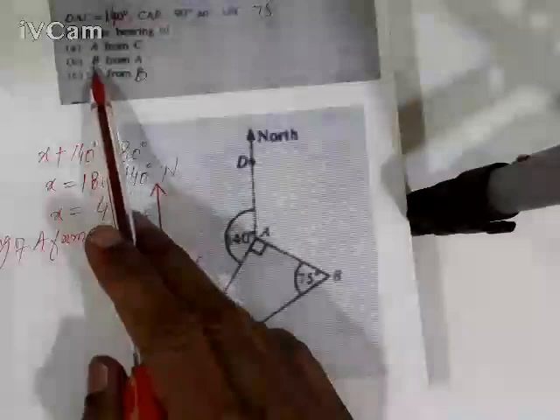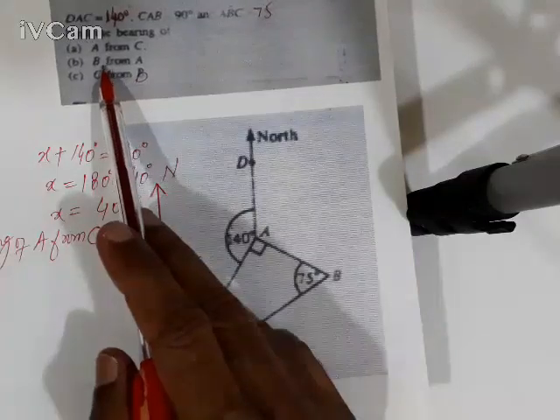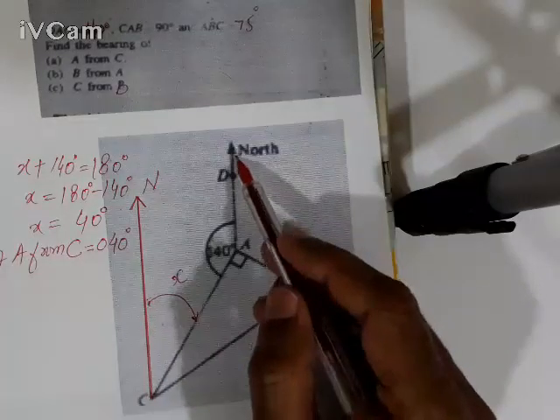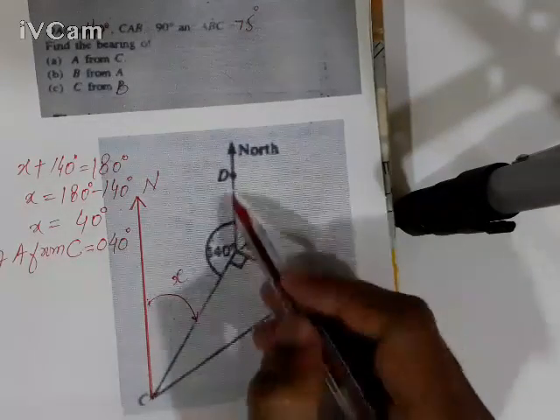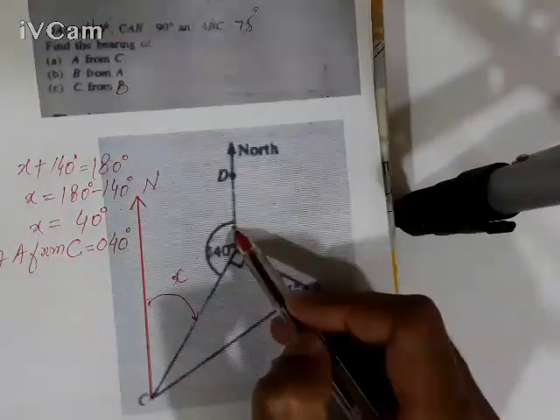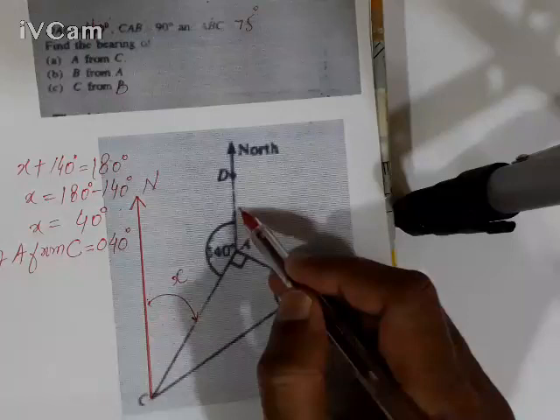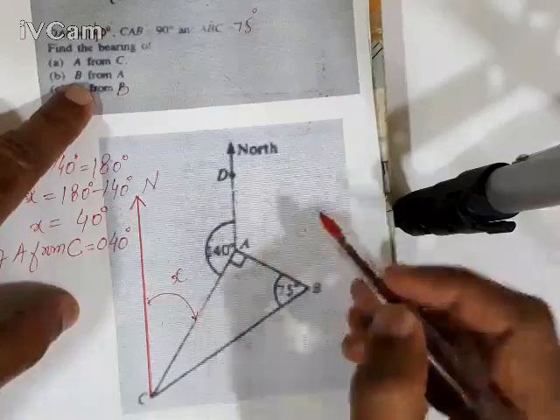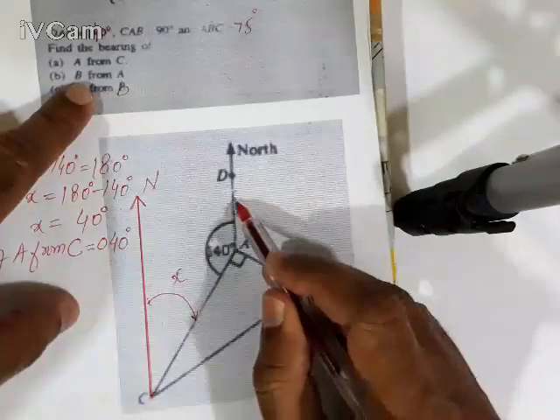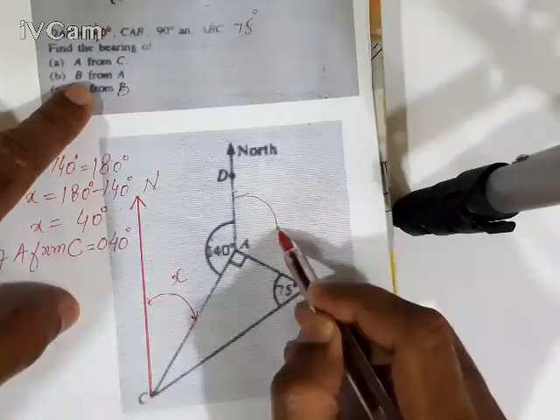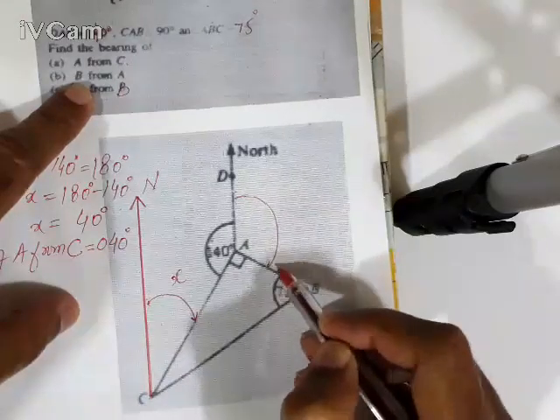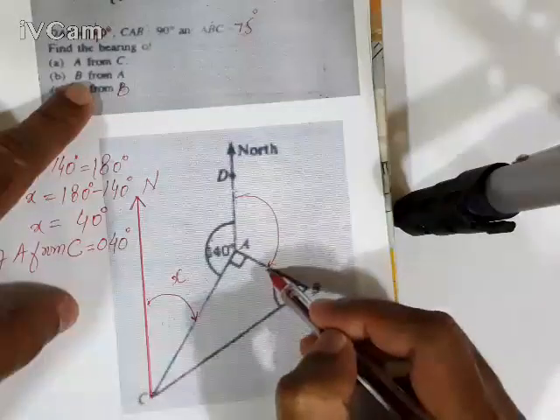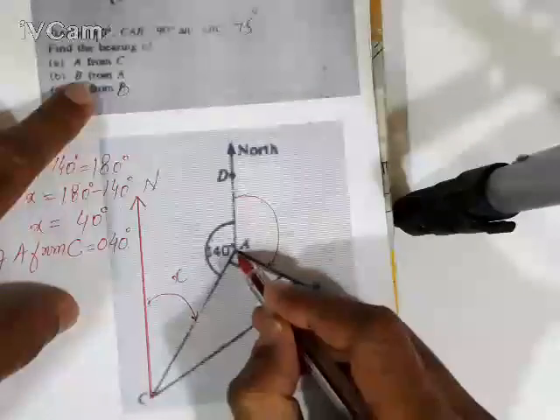So next we have to calculate the bearing of B from A. Now from A we have already shown that from point A there is a north direction. So you can move from this north side toward point B. So point B is this one. So we can move in the clockwise direction and touch that line. So that line locates the point B. So we can calculate this angle. How can we calculate this angle? This is our central point.